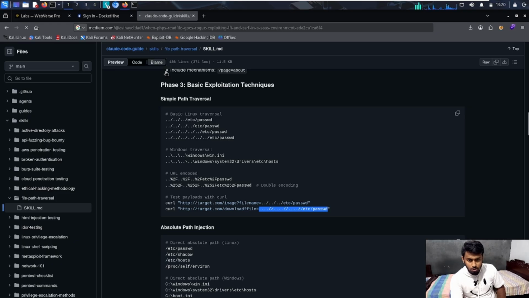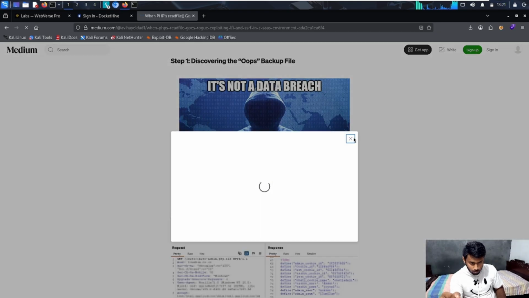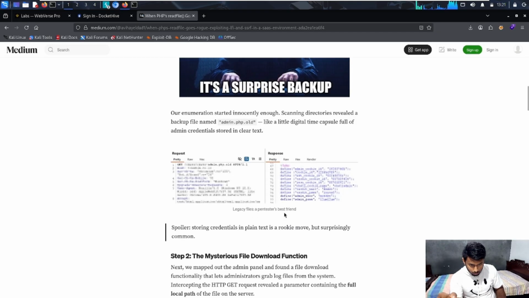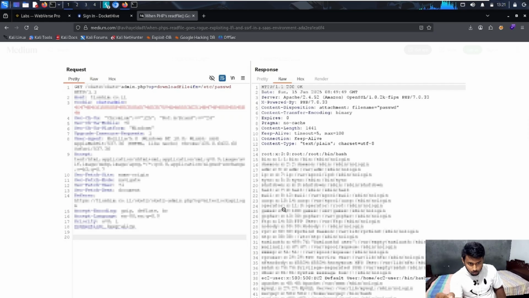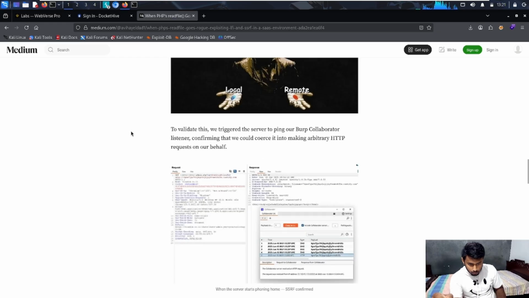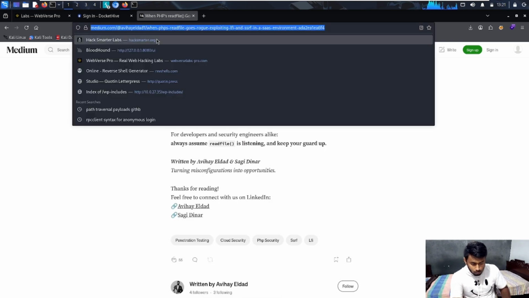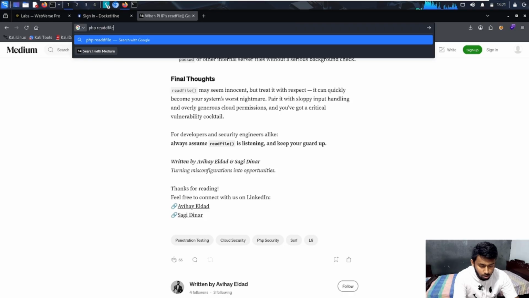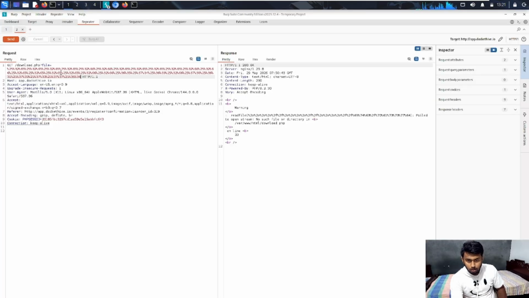Okay, this seems interesting. I may have read this somewhere. Read file LFI. Encoding does work here,